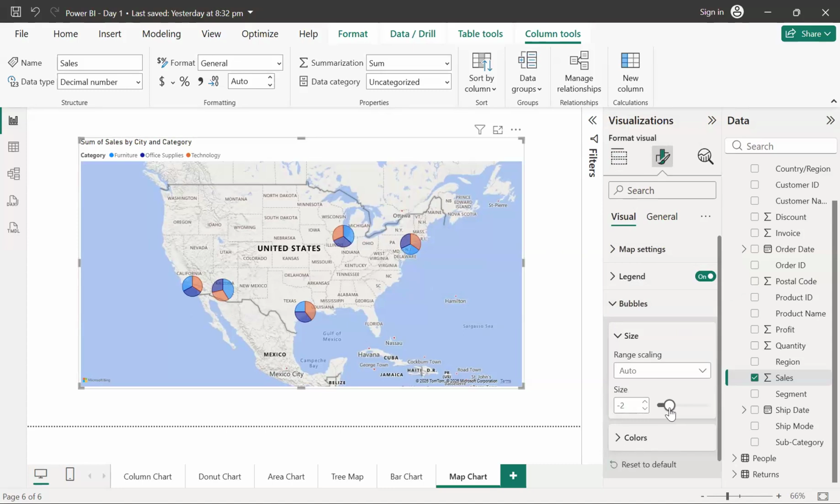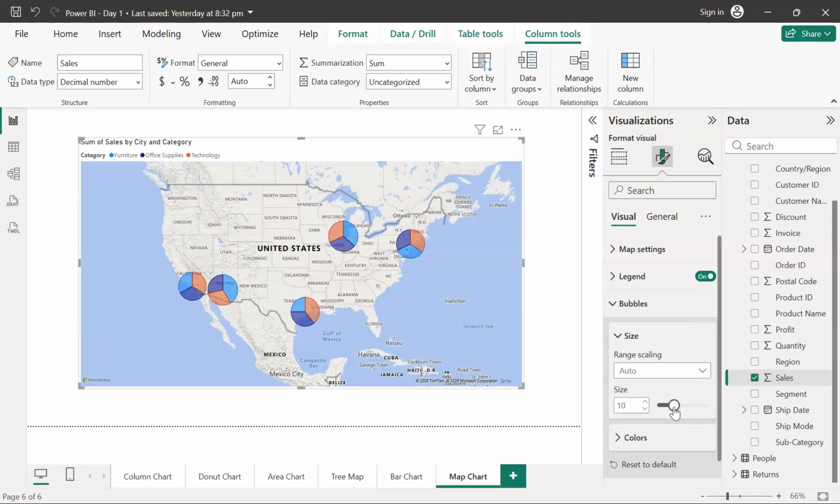If I make it -2, you can see that the size has increased a bit. If I make it 0 or +6, again it increases. It depends on how many cities I have. Right now we just have 5 cities, so I can even go to a size of 10 or 20, and it is not going to do any harm.